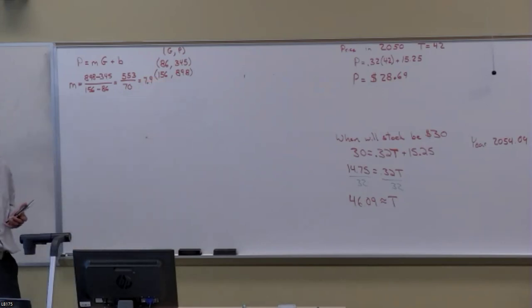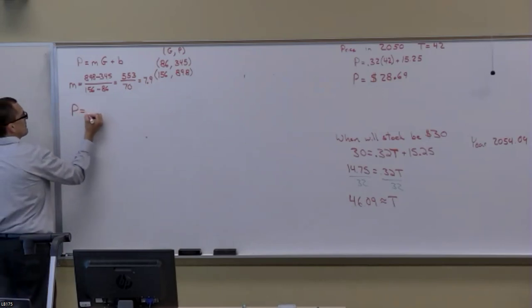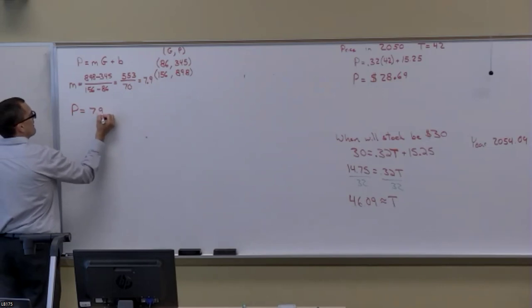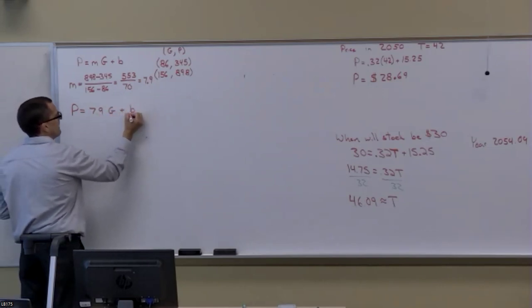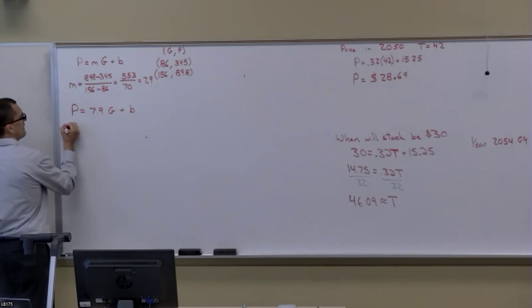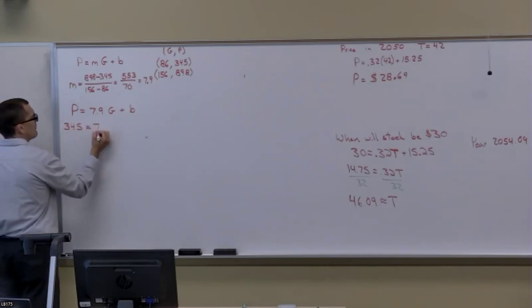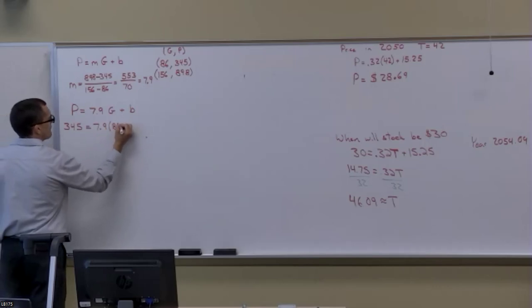I calculate that. So I know my equation is going to look like P is equal to 7.9 times the number of grants plus B. In order to find B, I just take one of those points and plug them in. So I'll plug in the first one, 345 into the number of papers, 86 into the number of grants,